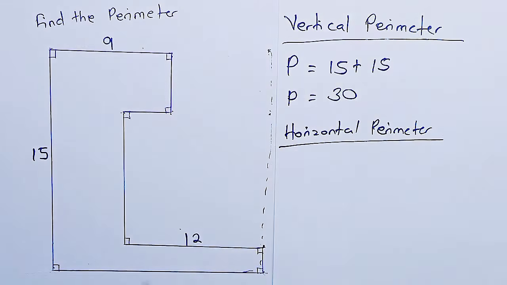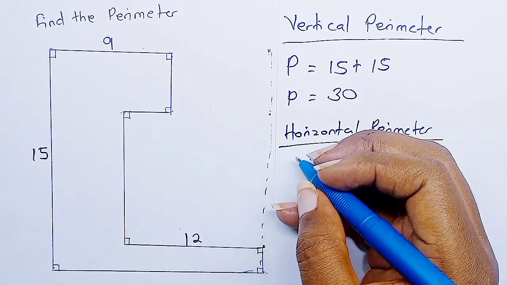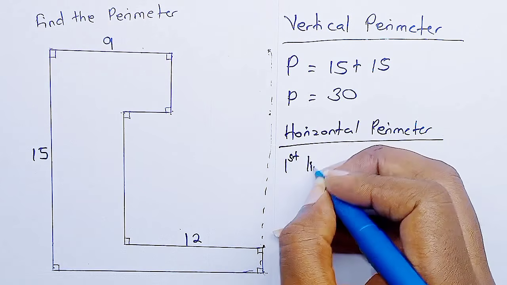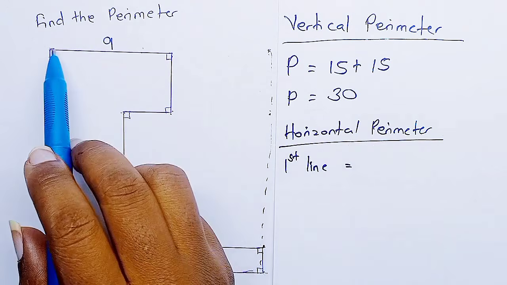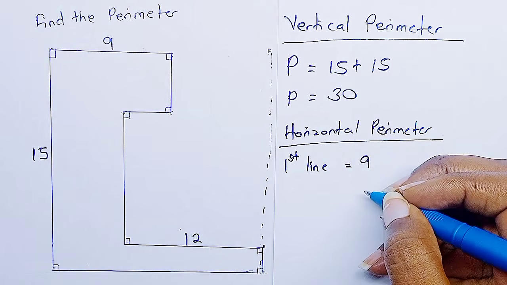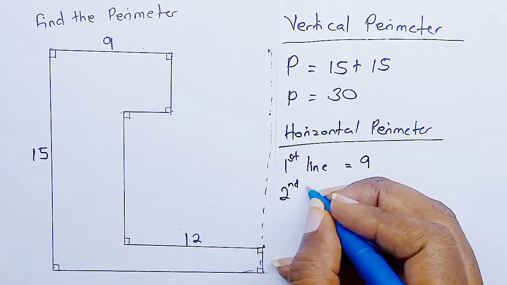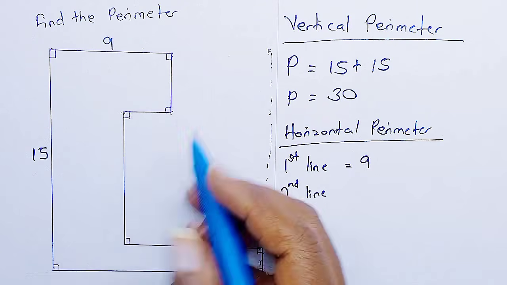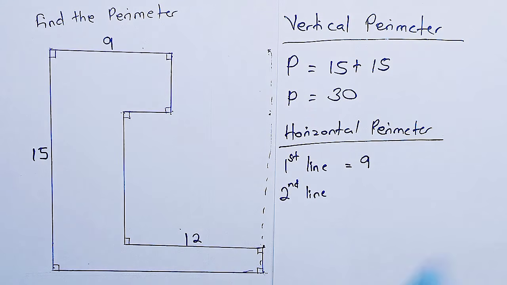So 1, 2, 3, 4 lines. We add their perimeters. So for the first line, it was given as 9. The value is 9. Then for the second line, which is this one here, now if I'm to draw an